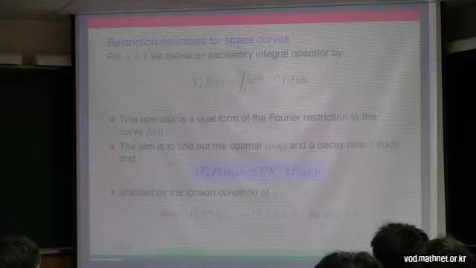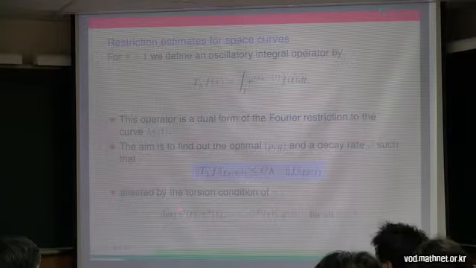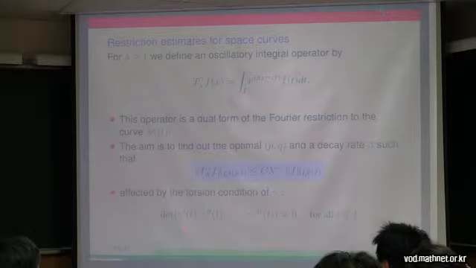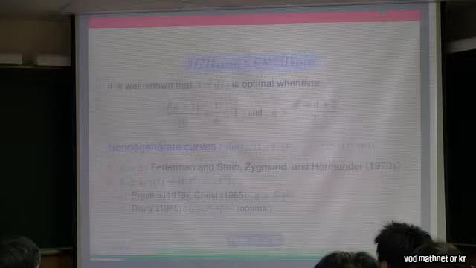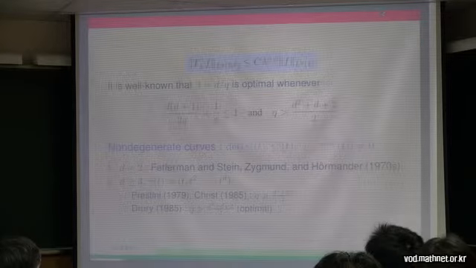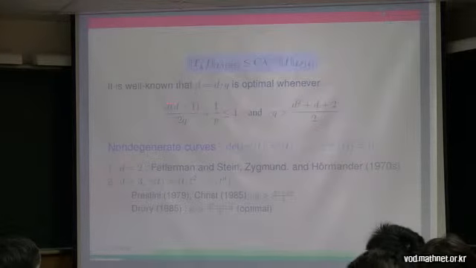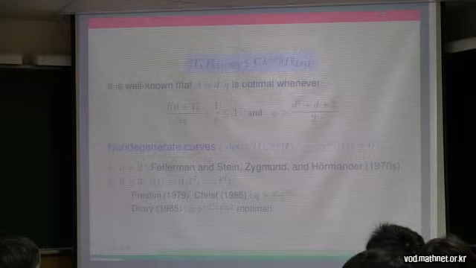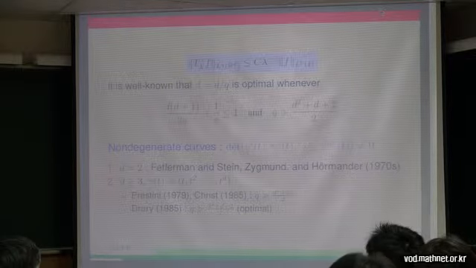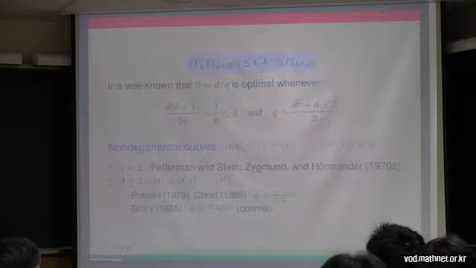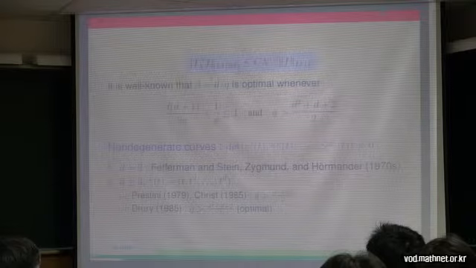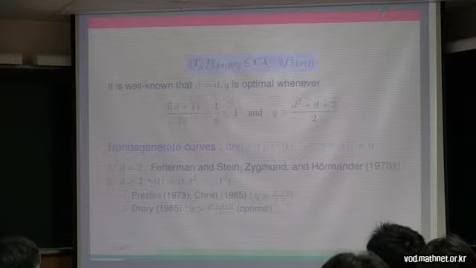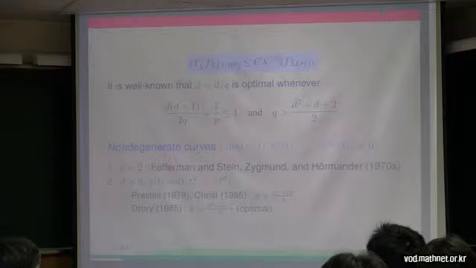This quantity is the torsion of gamma. It is well known that beta equals d over q is optimal whenever p and q satisfy these two conditions. So in the non-degenerate case,